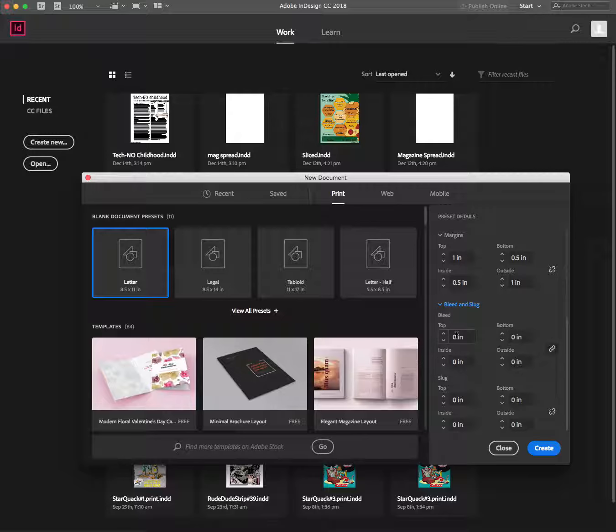So the bleed just means how far past the trim you want your design to go. If it's digital, I would recommend at least 1/8 of an inch, and that's 0.125 inches all the way around. The slug I don't have to worry about really. And then I'm ready. I'll click Create,